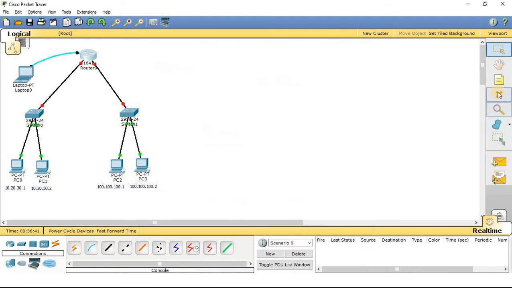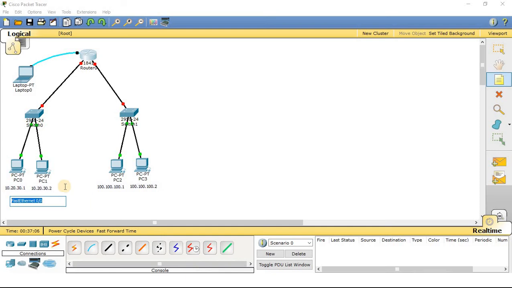So let me use this notepad to write down one thing over here. The interface of the router that is connected with these two particular setups. Fast Ethernet 0/0.